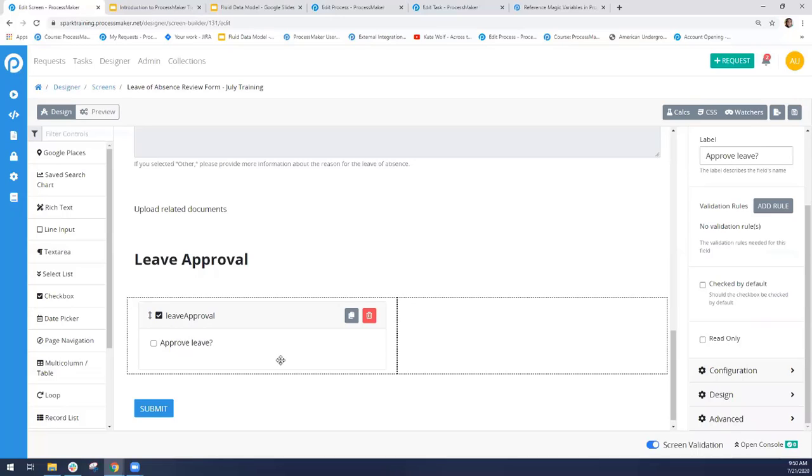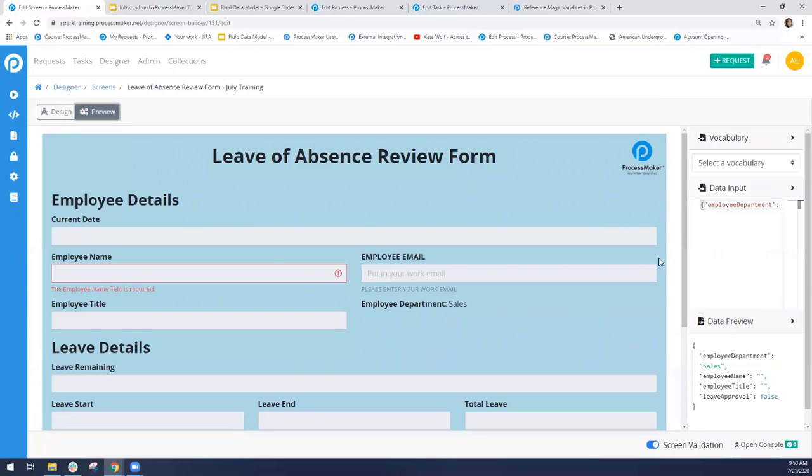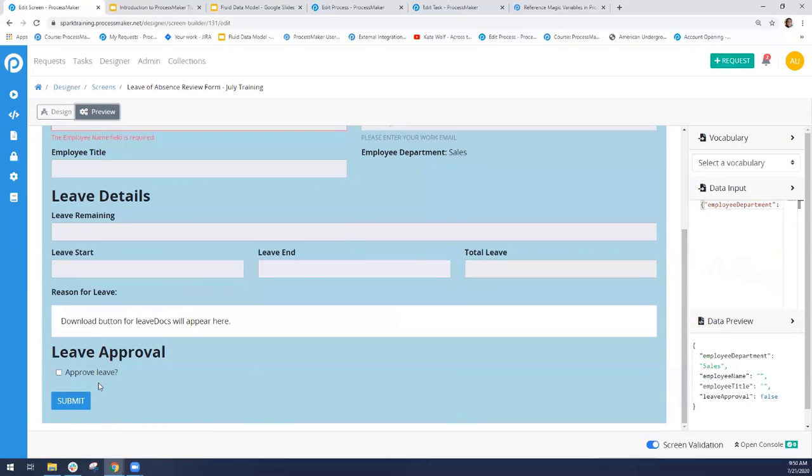But the thing I wanted to point out is just the data type for a checkbox control is a Boolean. Obviously there can only be 2 values, true or false, for this control. So if we actually look at the data preview and just check it, we can see that the leave approval is true. If we leave it unchecked, the value is false. This is important